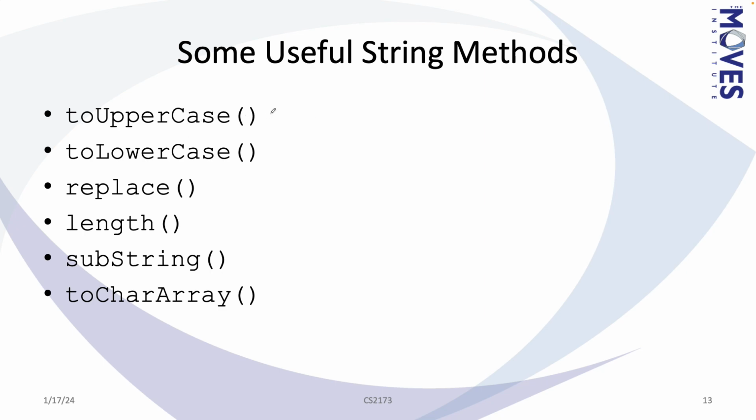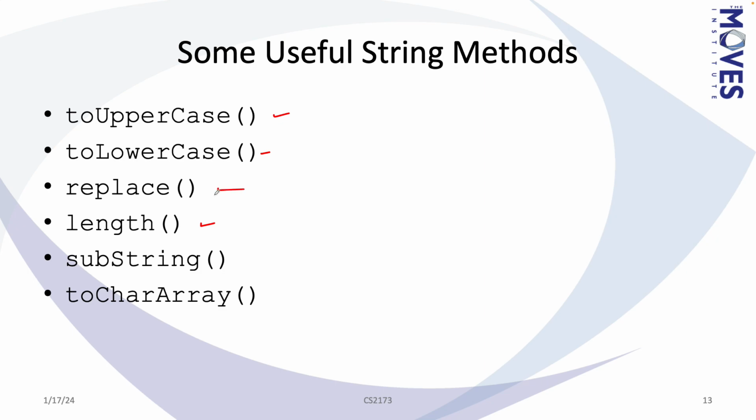They're pretty well named. We've seen length. That returns the number of characters in the string. This one is called toUpperCase. What do you think it does? Yeah, it capitalizes everything. The thing to understand is that it returns a string in which all of the contents of the string you invoke it on are capitalized, but it does not change the string itself. toLowerCase does the same thing.